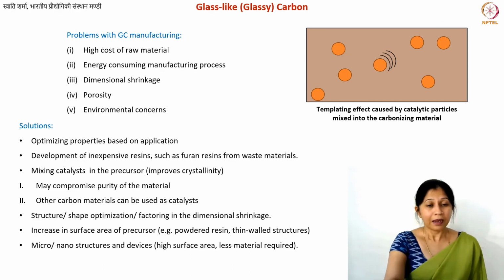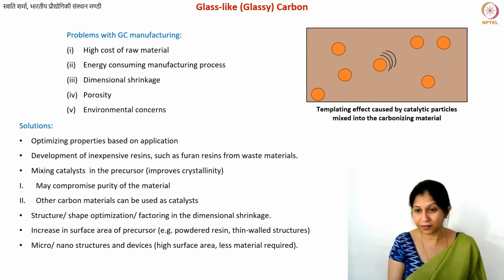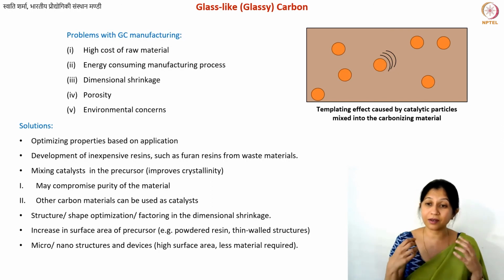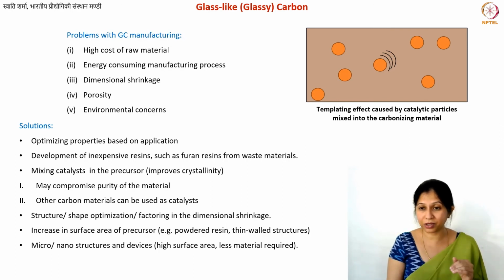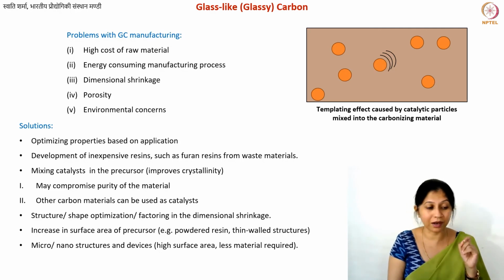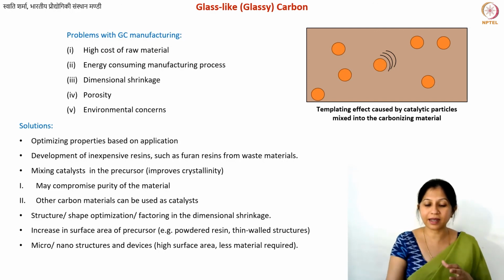Okay. Now we will talk separately about micro and nano carbon structures. They have a much higher surface area because they are smaller. The smaller the structures, the more surface to volume ratio you have, and that is why you also require less polymer, less material. You can also use lithographic techniques to pattern them, and because of all of these factors, you can even use slightly lower temperatures for carbonization and get properties close to industrial glassy carbon. They may not have the exact same electrical conductivity, but reasonably high, which can be used for device applications. So that is something we will talk about.